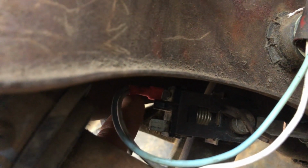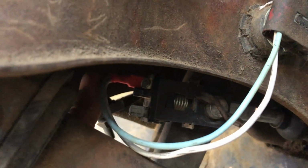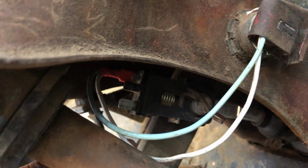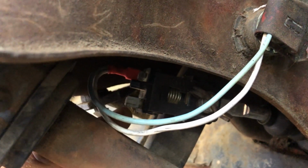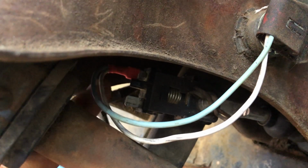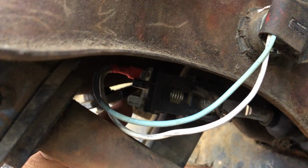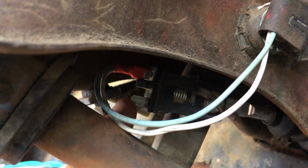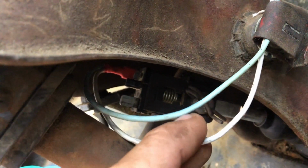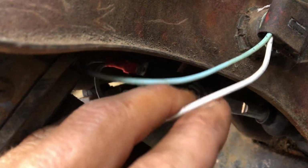Now the reason that there's 2 wires here is because one is 12 volts in, and the other one, the white one, is gonna be for our running lights. So out of this brake switch, we're gonna run alongside with the white wire, a brake wire. So this will control the brake light. When we hit our brake pedal, that'll have power. And this will control our running lights, because when we don't have our foot on the brake, this still has